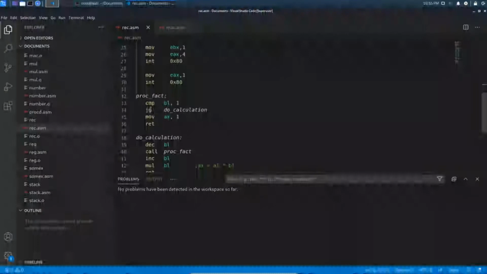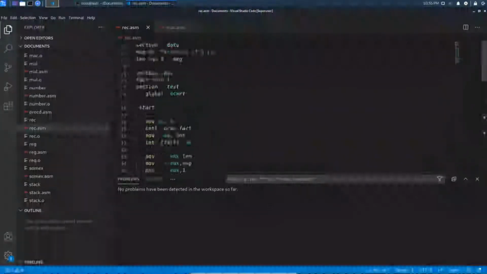Here this is an indirect recursion. See here, it's calling another function, and again that called function is calling the factorial procedure. So this is an example of indirect recursion. You can see direct recursion in C, that is, we are calling a function itself, like return n into factorial of n minus 1. That is an example of direct recursion because the calling function and called function are the same in that situation. Okay, this is about recursion.